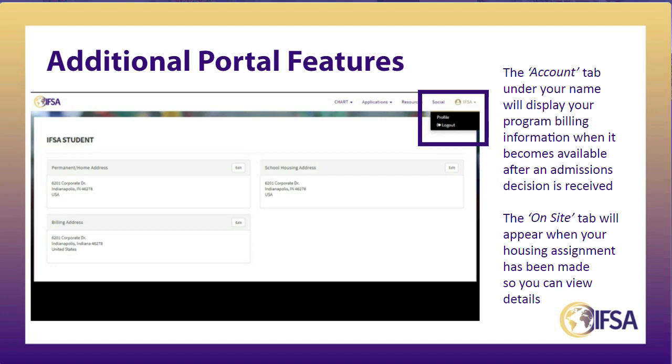Next is the Account tab under your name. So if you click your name, when you're in the portal, there should be that Account button underneath the profile area. That's where things will display like your program billing information when it becomes available. And then also it's where you can change any addresses that you have